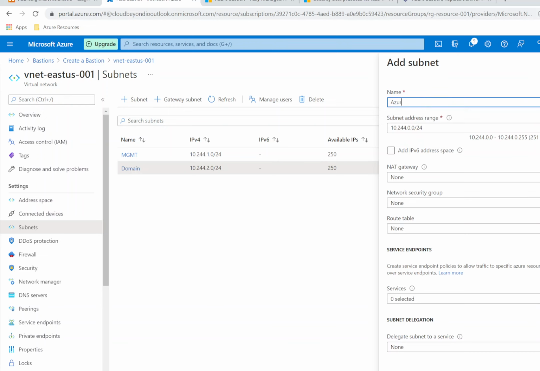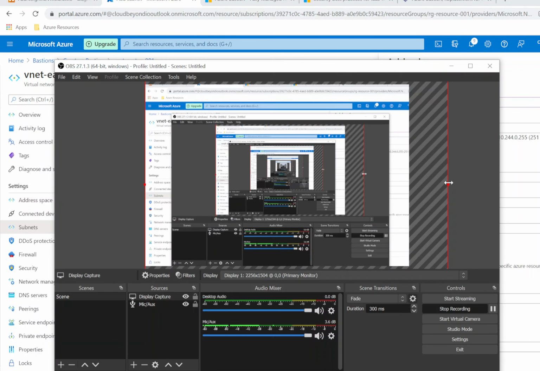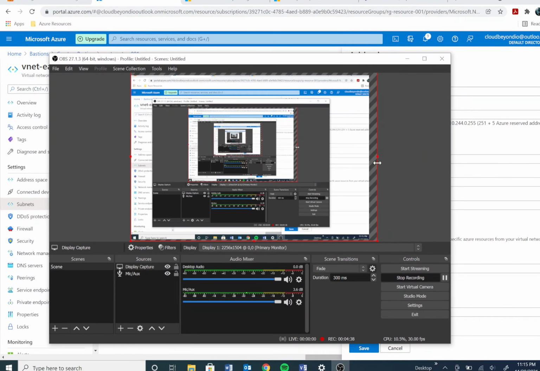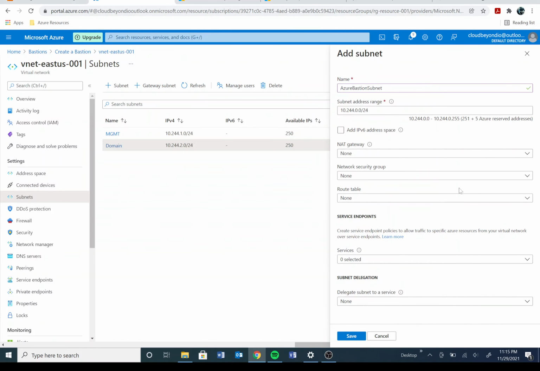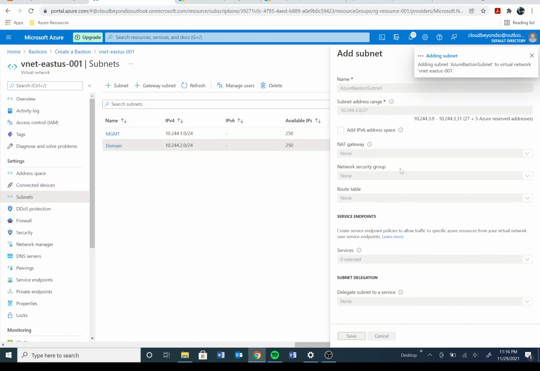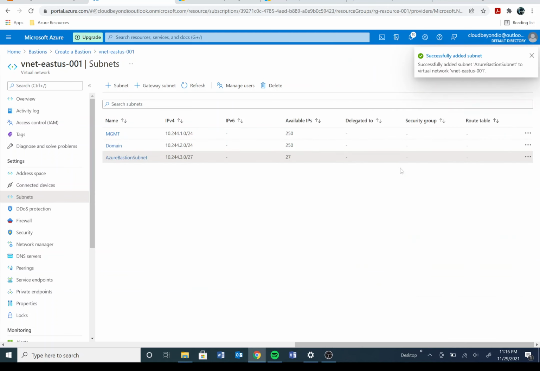Okay, so Azure Bastion subnet. We're going to give this .3 with a /27 CIDR. Okay, so that's created. So let's go back to creating our